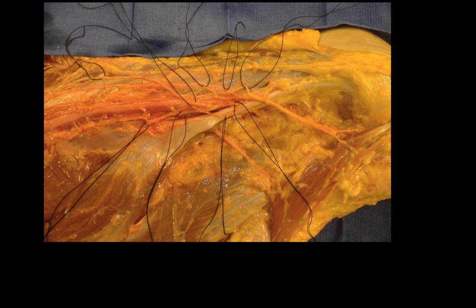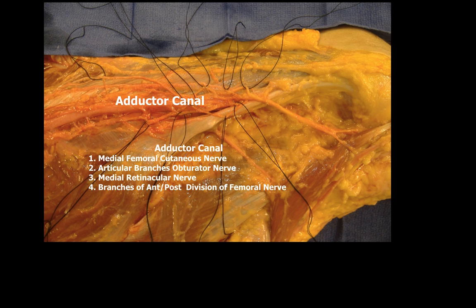This dissection illustrates with suture ties the multiple nerves present in the adductor canal. These nerves include, but are not limited to, the medial femoral cutaneous nerve, the articular branches of the obturator nerve, medial retinacular nerve, and branches from the anterior and posterior divisions of the femoral nerve. This is why local anesthetic injected into the adductor canal produces sensory changes, which are much more extensive